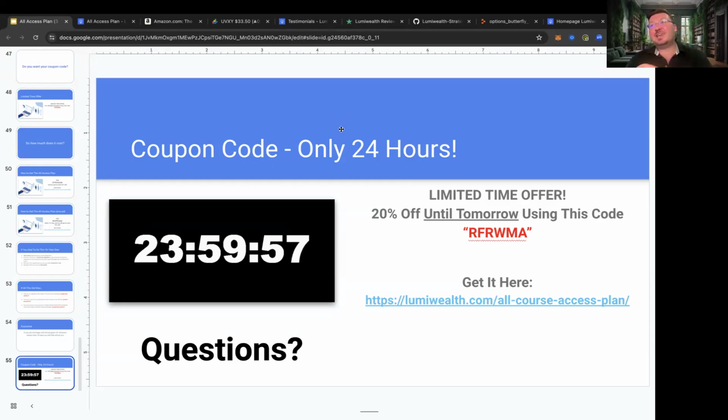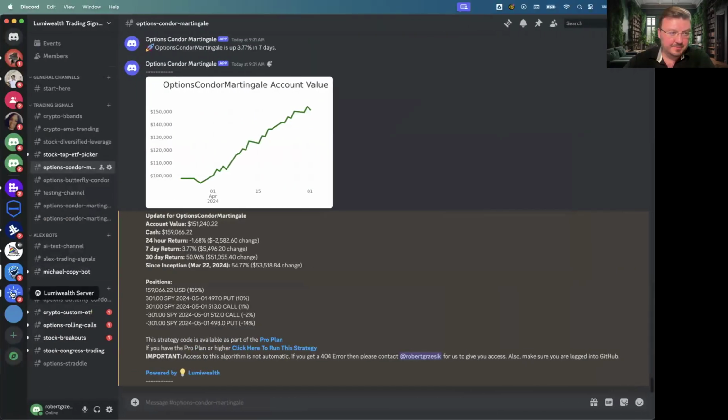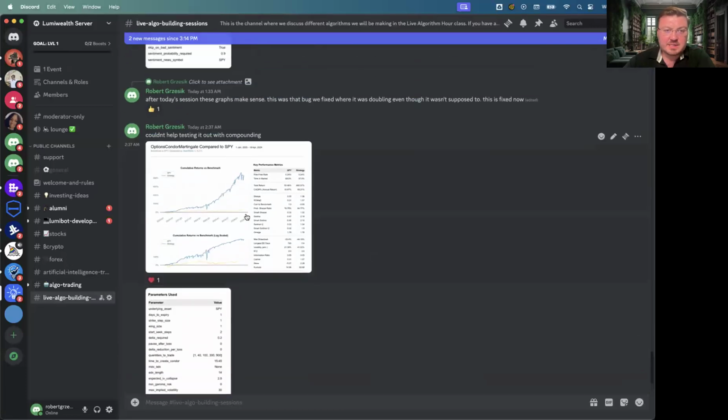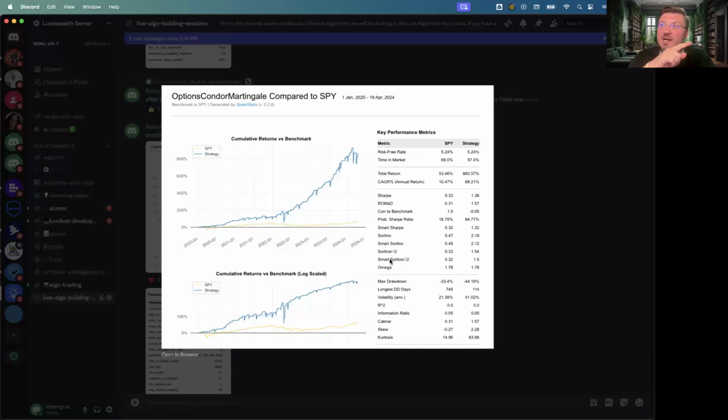I can't wait. Like I said, this new martingale algorithm that we built, and actually Eason is here. He was with us yesterday when we built this thing out, and it's pretty wild what this thing does. Eason, I don't think I showed you the new version of it, by the way. This is our Discord here. So Eason, remember at the end of class yesterday, you guys were wondering what would happen if you compounded it? I actually decided to do that, because I'm a crazy person, at 2 o'clock in the morning.